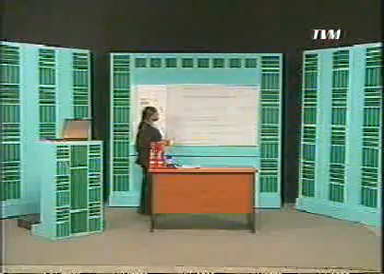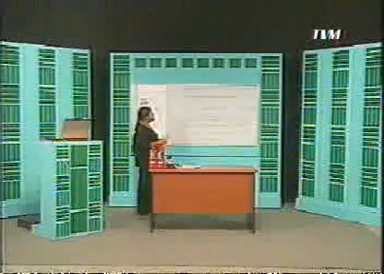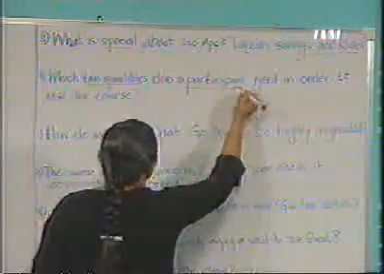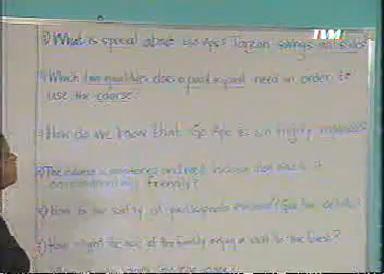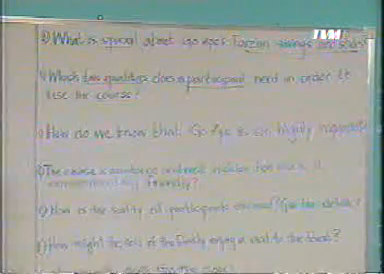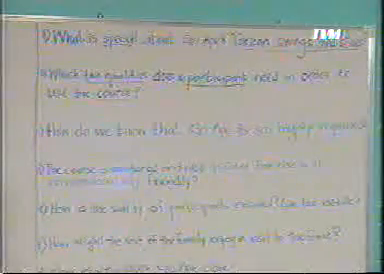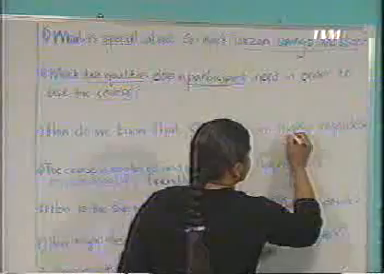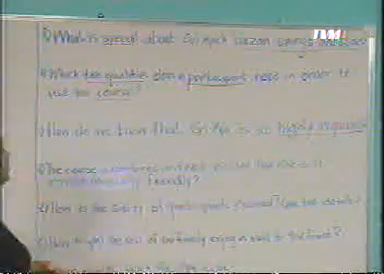Alright. Second question, which two qualities does a participant need in order to use the course? So the two qualities and participants in the course. Alright. Third question, how do we know that Go App is so highly regarded? So something regarding highly regarded or being